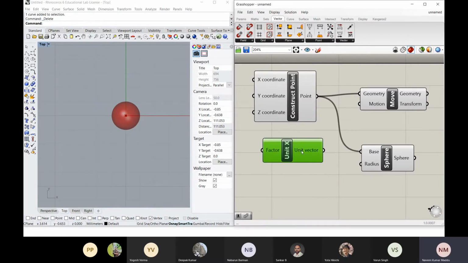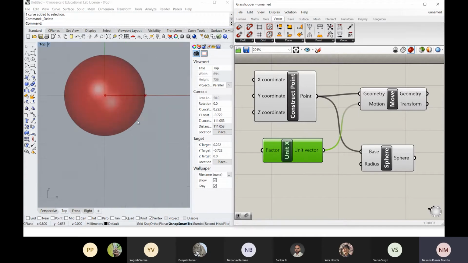So this is the vector in which your point is trying to move. I'm writing unit x direction, so your point is moving in that direction. You can see there is another point created here. The second point is created, and this is the factor. It has moved with a value of 1. I want to increase and decrease this factor because this factor will give the spacing between each sphere.